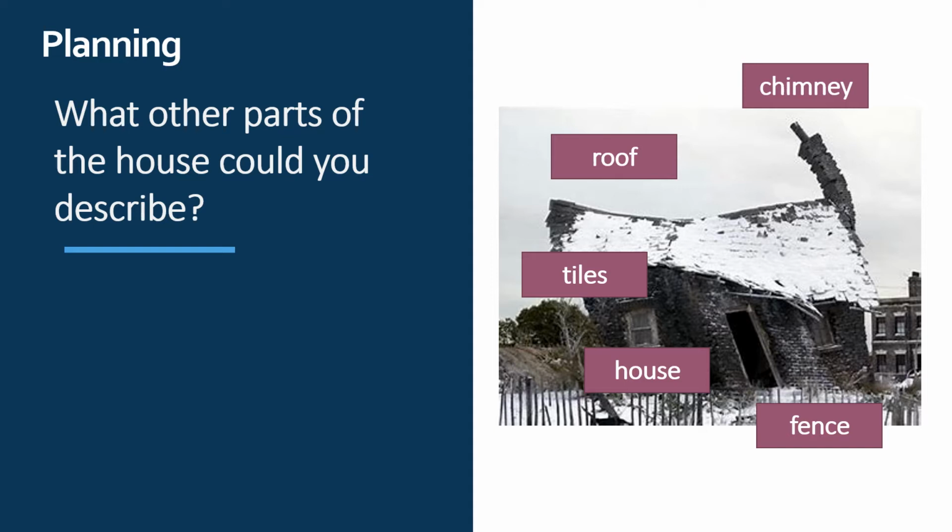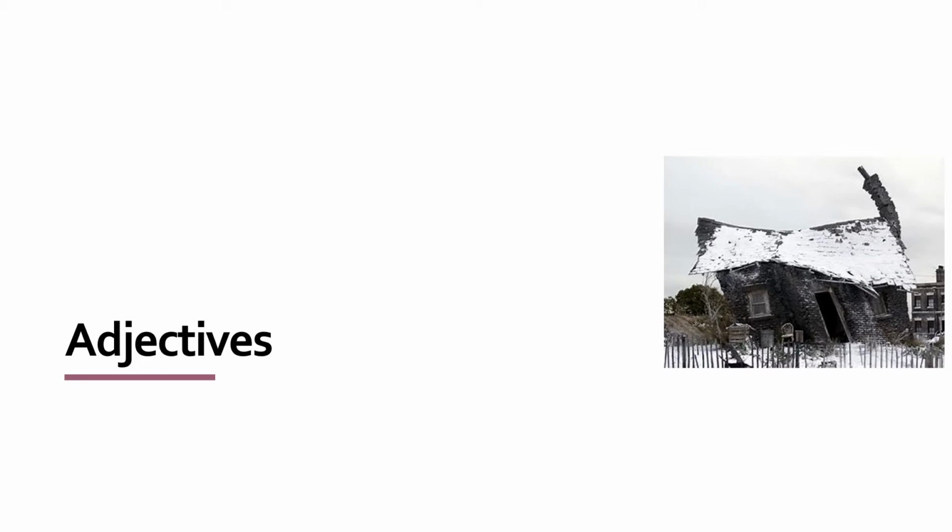Before you start your planning, you might want to note some of those down, and you can always pause the video to help you with that if you would like. Okay, so with each part that you write down, each noun, we can plan some adjectives. For example, if you've written the word roof, words like sagging, which means to be falling inwards, or dilapidated, to